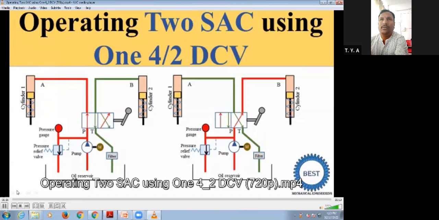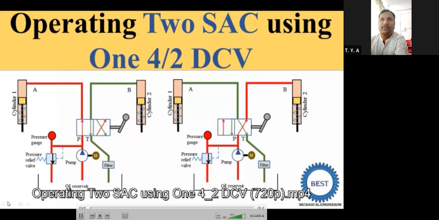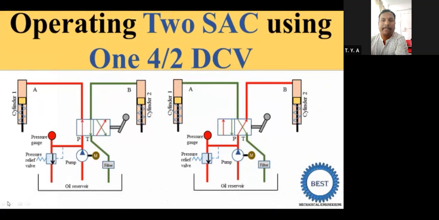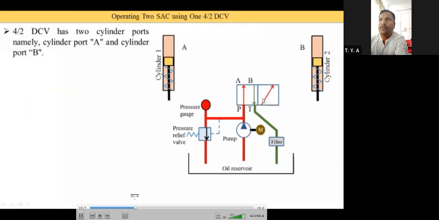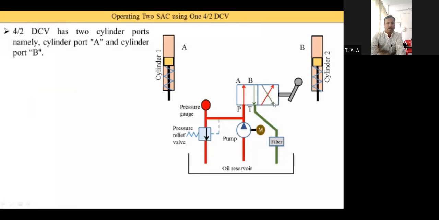In this video, I explain hydraulic circuit designs or hydraulic system designs. In this hydraulic circuit, in the same way, 4 ports are there: here P port and T port, here A port and here B port. Okay, so here you see an arrow line is drawn, which means P is connected with B and A is connected with T, and it is manually operated. That's why here we draw the symbol of levers.